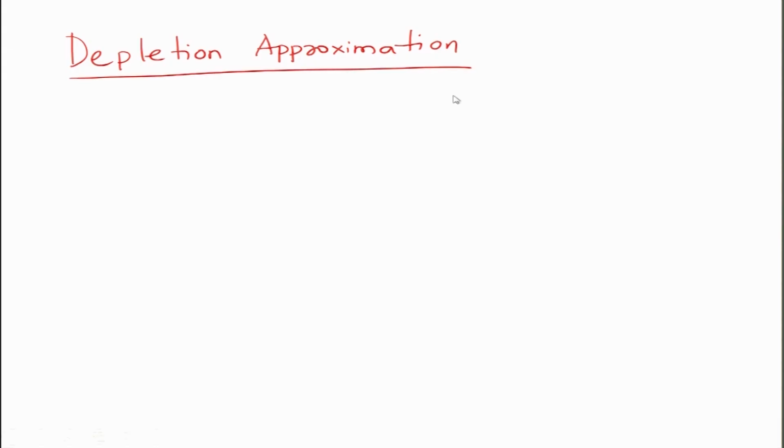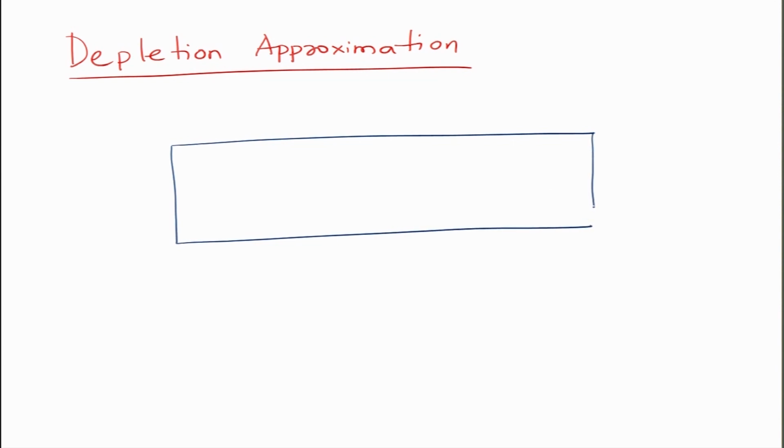So, next we make what we call as depletion approximation. This you are familiar with already, that we have made in PN junction in dark also. So, basically we have a PN junction like this is the device, okay. Somewhere here we have a junction, on this side we have P side, on this side we have N side. This is the boundary of depletion region. So, you can say this is minus Wp, this is plus Wn,